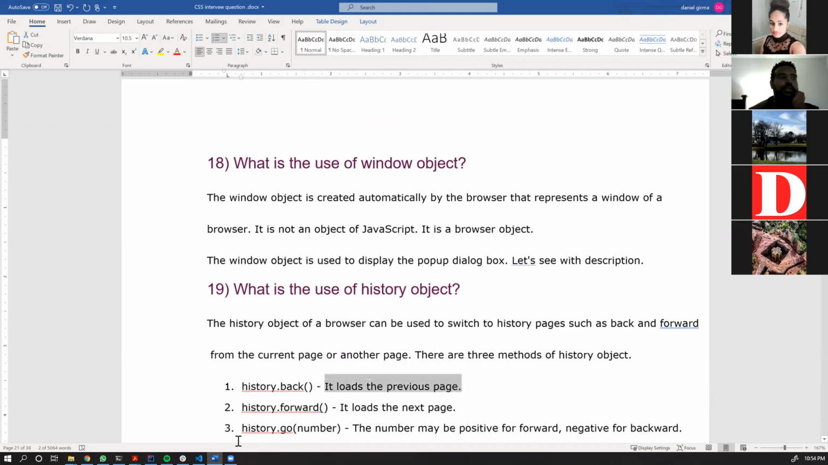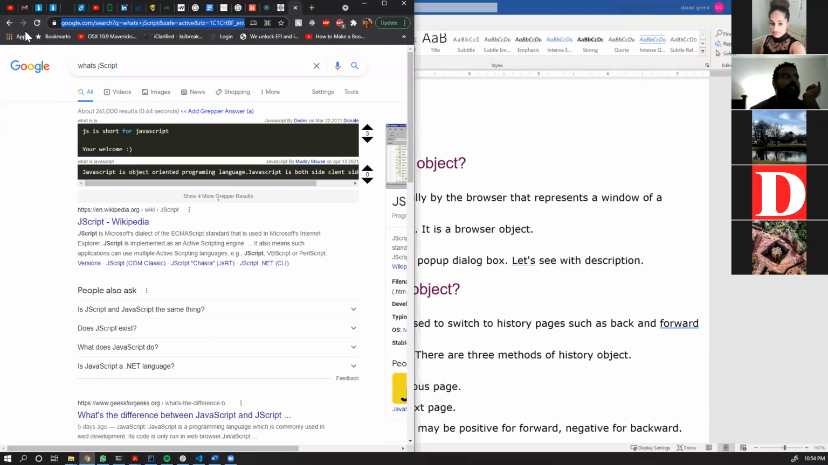So now if I say history forward, no, it's not active. Why is it not active? Because I haven't gone back. Unless I go back, it's not history, it's future. And it